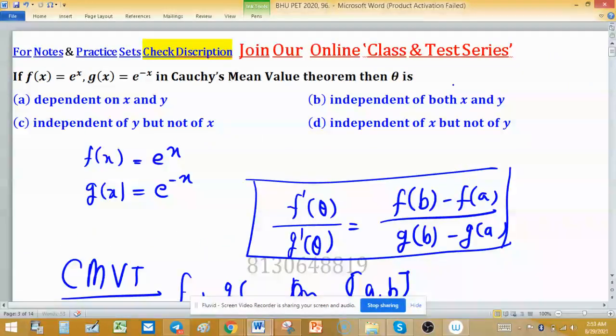So which option is true: independent of both x and y, which is option b. So it will be true and the others will be false, because either they are dependent on one and independent from the other. So only option b is